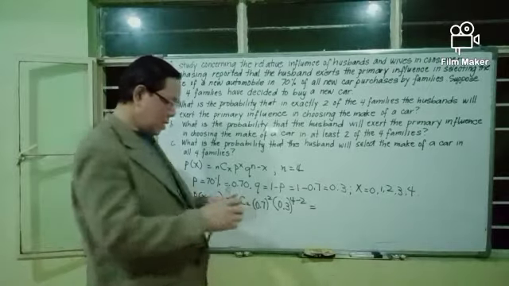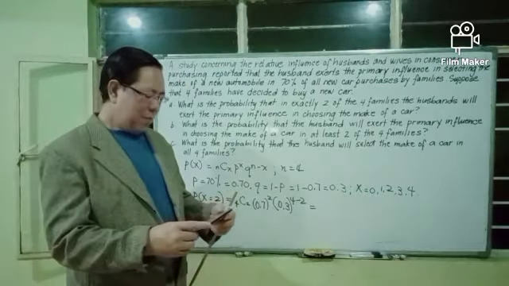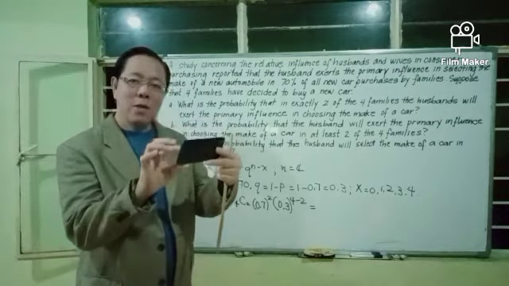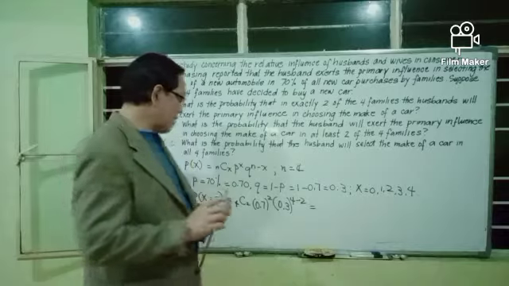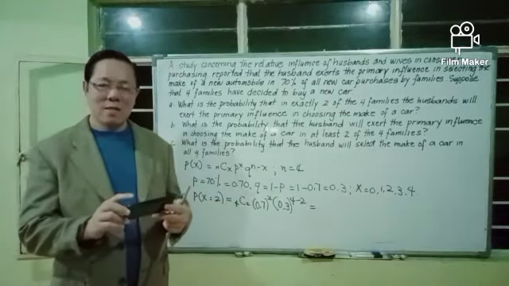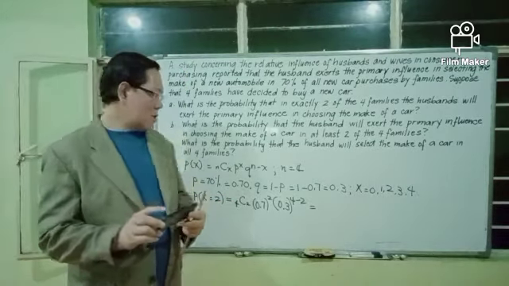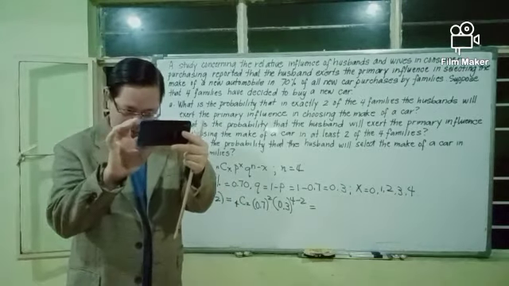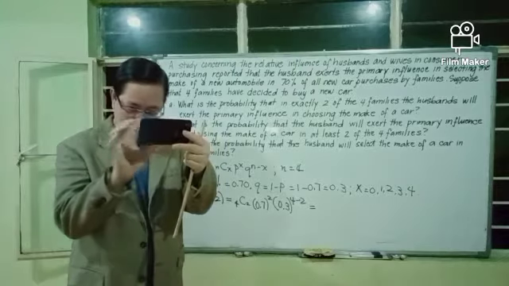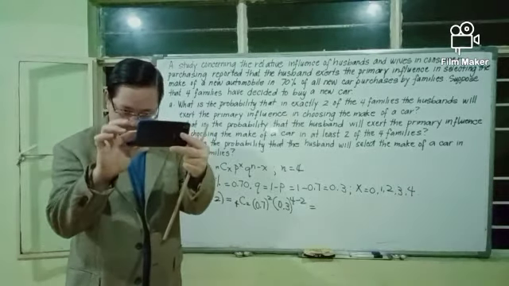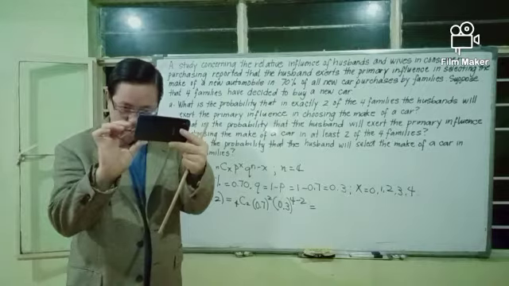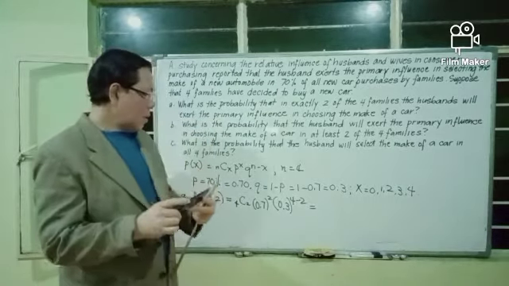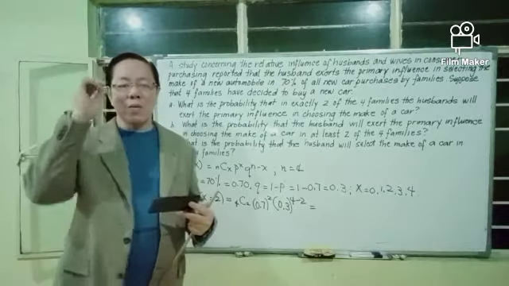We start with combination of 4 taken 2. In your calculator, you have this function, combination of n taken x. Use your calculator to calculate combination of 4 taken 2. Combination of 4 taken 2 is